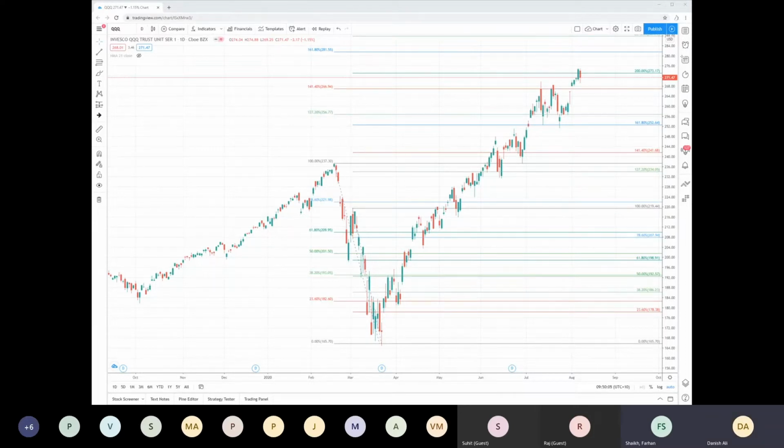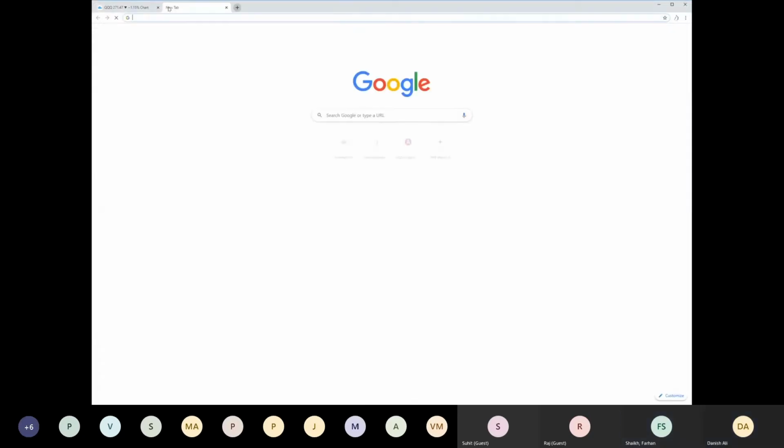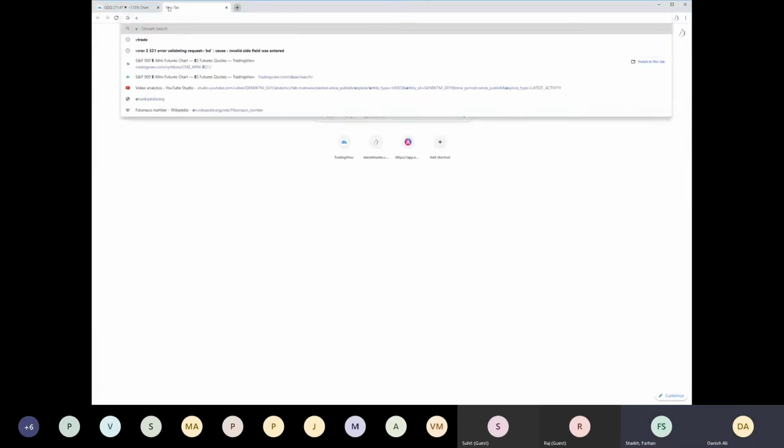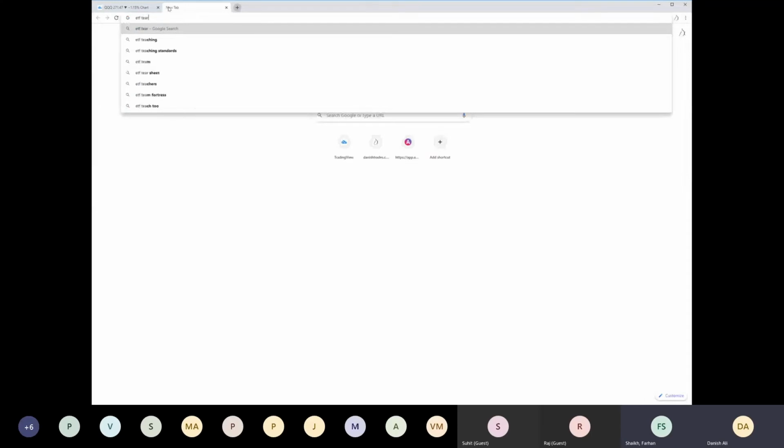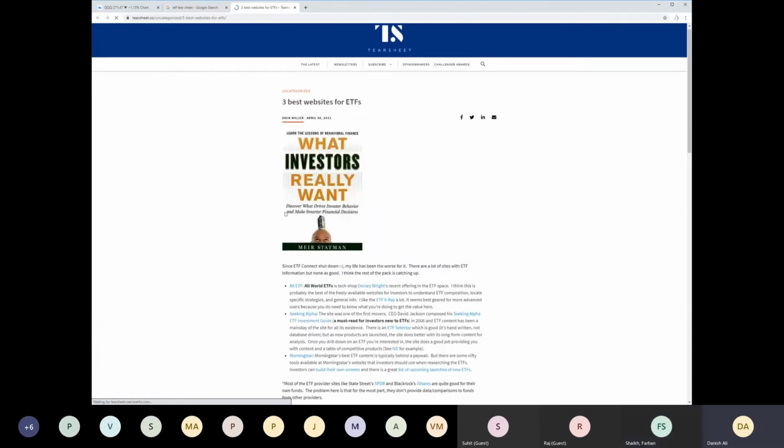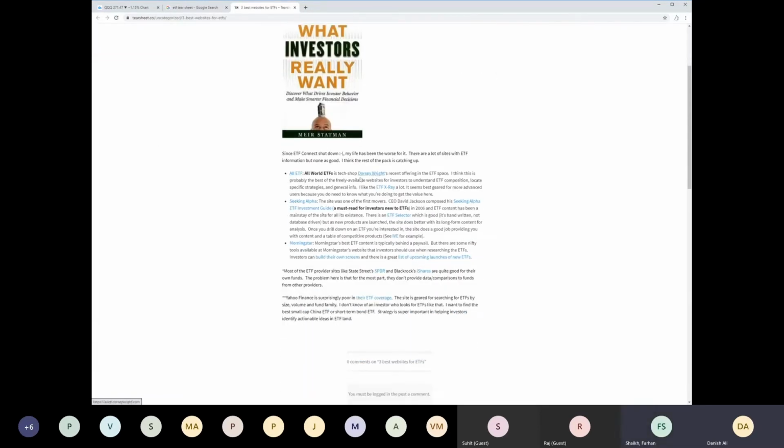No, there is a thing called an ETF fact sheet. I'll just show you the ETF fact sheet. Just Google it, and you can look into all the possible details of any ETF.